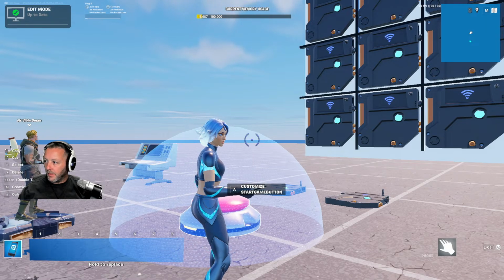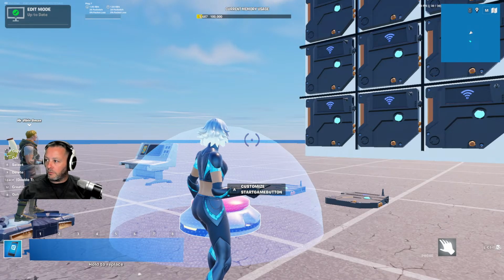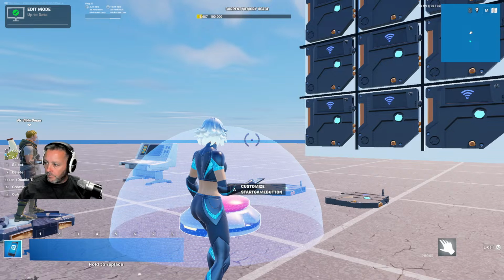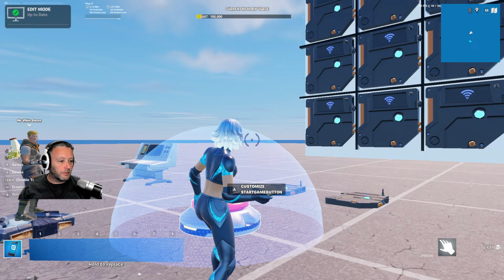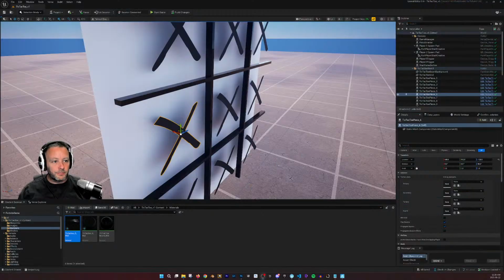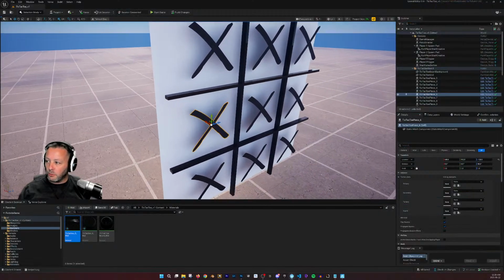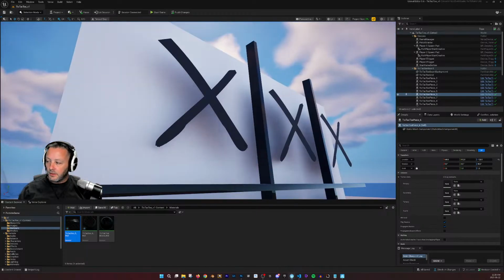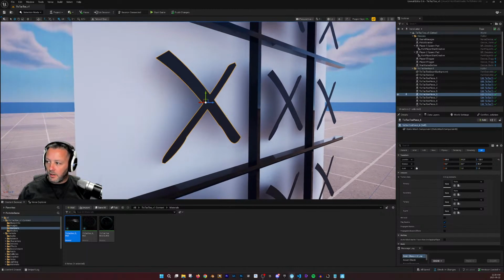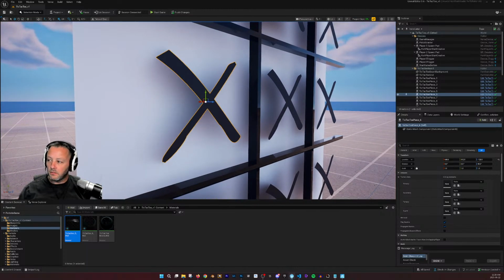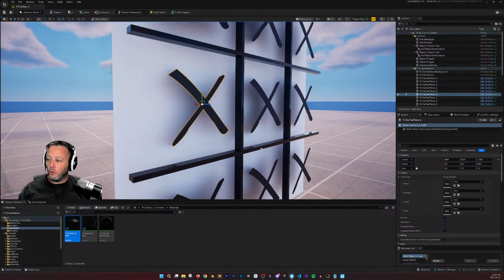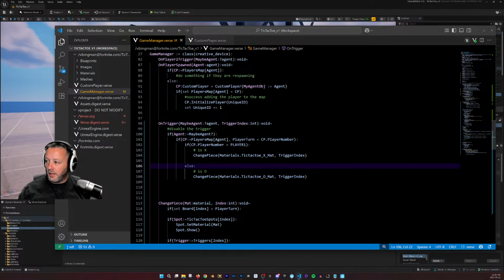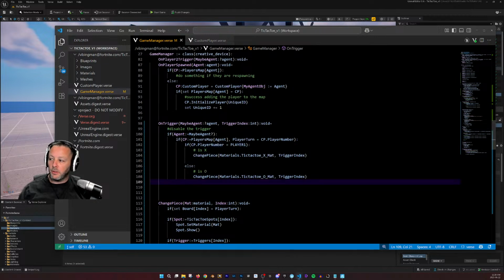So it changes to one of those materials of the blueprint that lives here. It's just a blueprint. Oh shoot, sorry guys, hang on a second. Okay, we'll do it backwards. So these are blueprints. That is just a rectangle plane. So you're just setting the material with code, which is done here based on their player number. So if the player number,